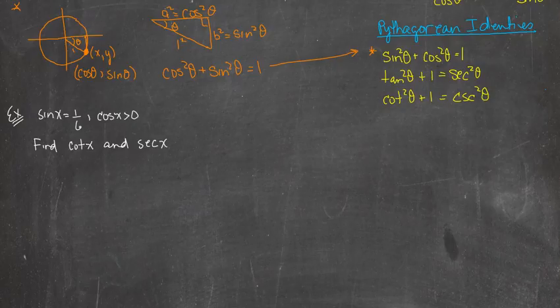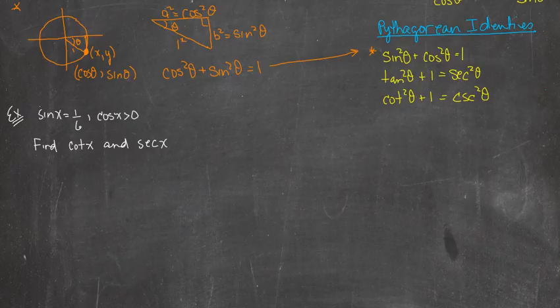Well, I could try using the reciprocal and quotient identities, but don't write this down, I'm going to erase it. The cotan of x is equal to cosine of x over sine of x. Cosine I don't know, but I know that sine x is 1/6, which means that the cotangent of x is 6 times the cos of x. Problem is I don't know what the cosine of x is, except that it's positive. I don't know the cosine of x, so I'm stuck. But I can use the Pythagorean identity